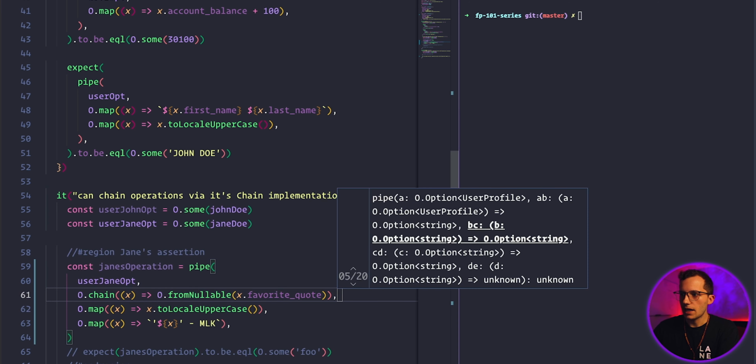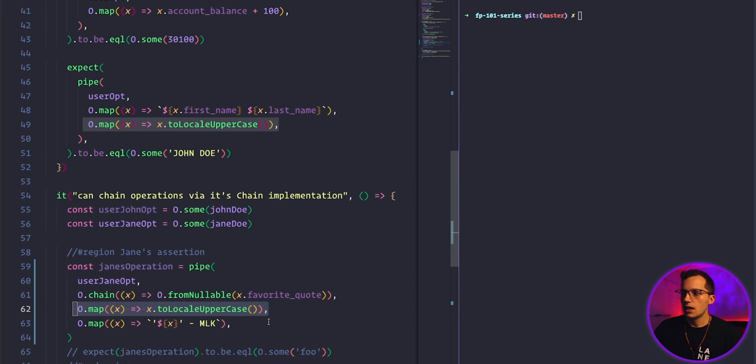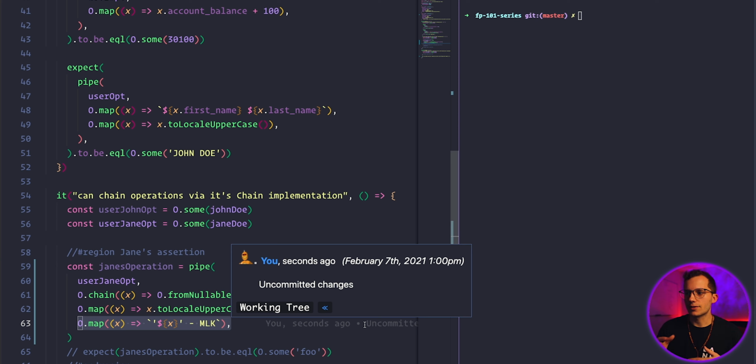Now we're back in the happy path, and we can safely map over that if it's a value, and then in the next map we're going to add who that favorite quote came from. This is just a contrived example of some new business requirement that our application needs to handle, where we're going to tag all MLK quotes. Okay, let's go ahead and run this test. And as you imagine, as it stands, it's going to fail